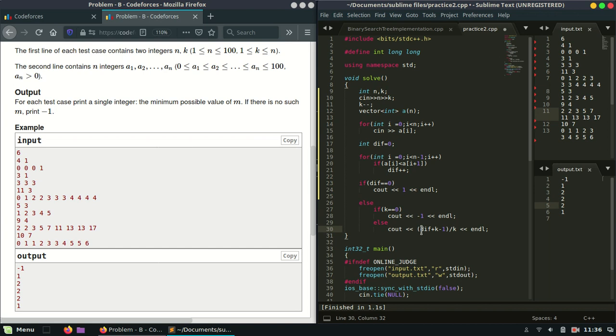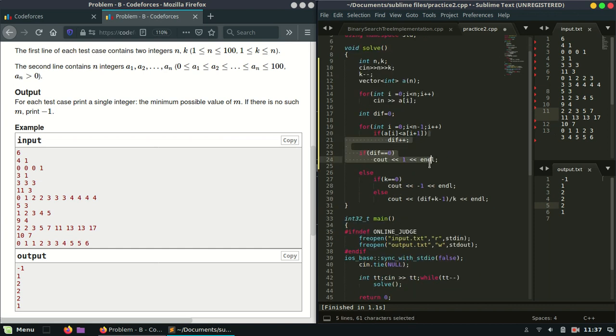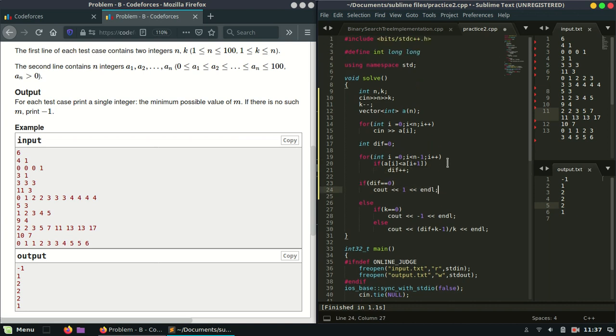This is the formula for that: diff plus k minus 1 divided by k. So this was a simple problem and a simple implementation.